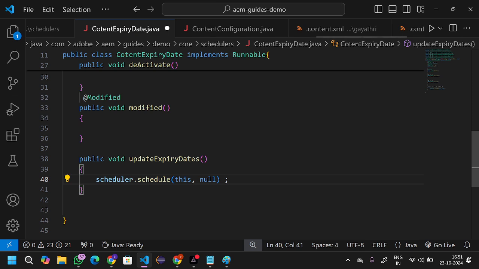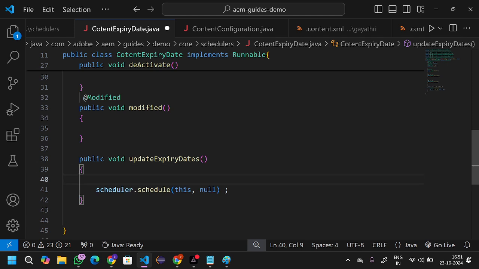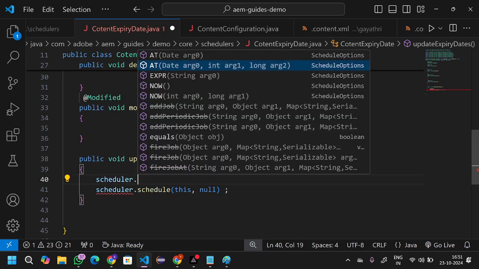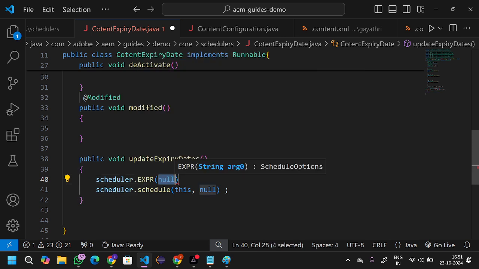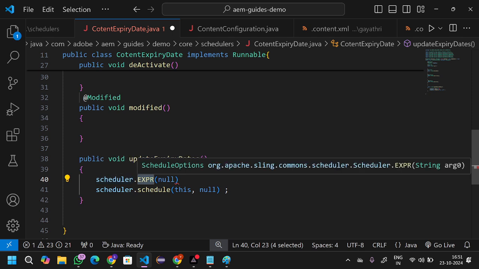Okay, this one I will mention. This is the one method I am using from the scheduler interface, and the second method I am using is scheduler dot expressions. So scheduler dot expression is the method which is coming from the scheduler interface. This method is expecting